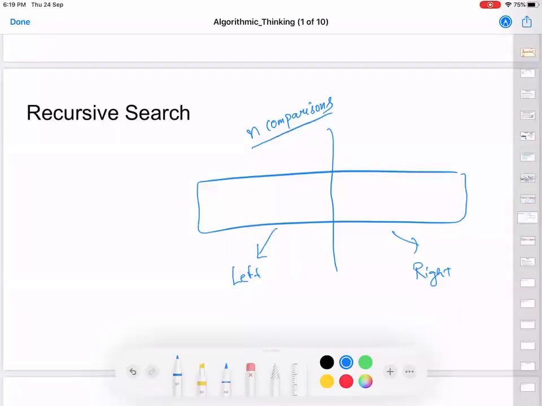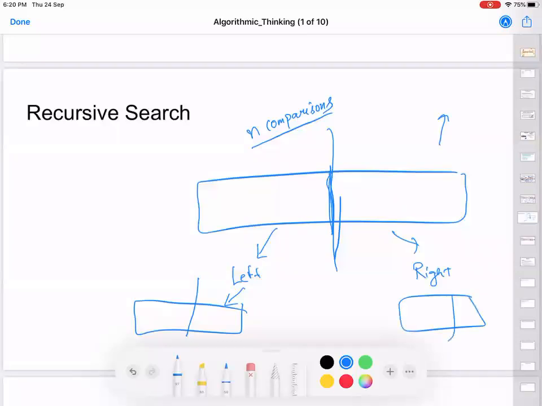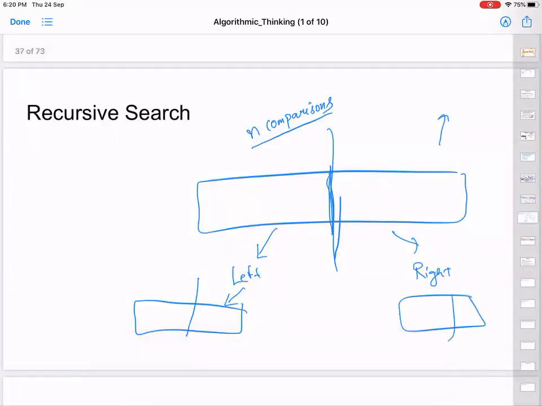And these two people are again going to do the same. At their end, they will again divide the array which is given to them in two halves, and they will ask again two people. You can see these people as diagonally left and right, because if the person to the left of me does this, he'll give it back to me. So assume that I'm giving it to the people sitting diagonally left and right to me in the row in front of me. So the whole idea is, I give it to two people. These two people again give it back to again two people, and so on and so forth.